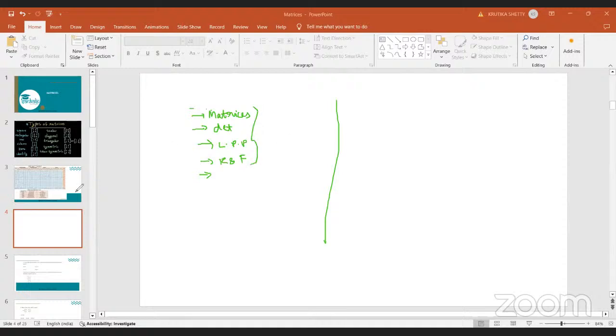Okay, and as per the blueprint over here, matrices is fetching you 9 marks, and then this topic is fetching you 13 marks. This topic is fetching you 7 marks. And this topic over here, relation and function, is fetching you